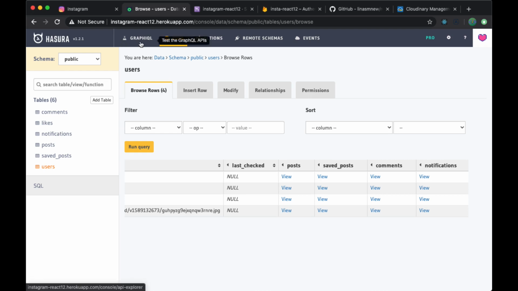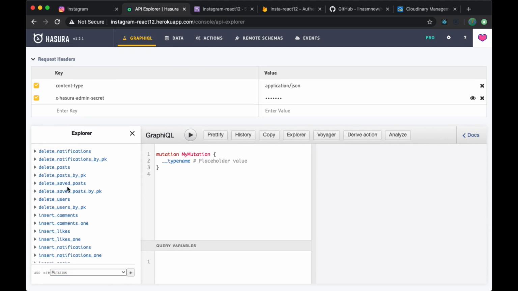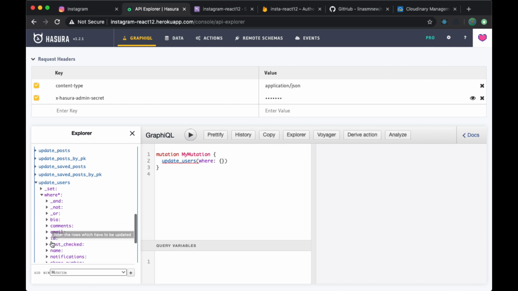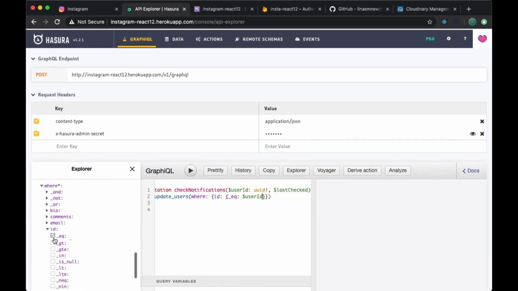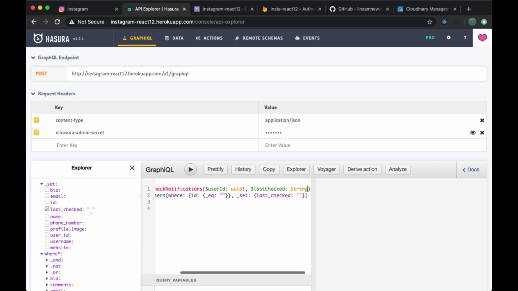Now for this, let's write out the mutation that we want to execute, and this really consists of updating our profile information. So we want to add a new mutation, and we're going to update the users where, and we want to select where the ID is equal to what we pass in, the user ID. So we'll call this check notifications, pass in user ID and last checked, both of those as variables, and we want to set, we want to find it where the ID is equal to the user ID, and we want to select set and update the last checked value with what's stored in the last checked variable. So that will be a string and required,